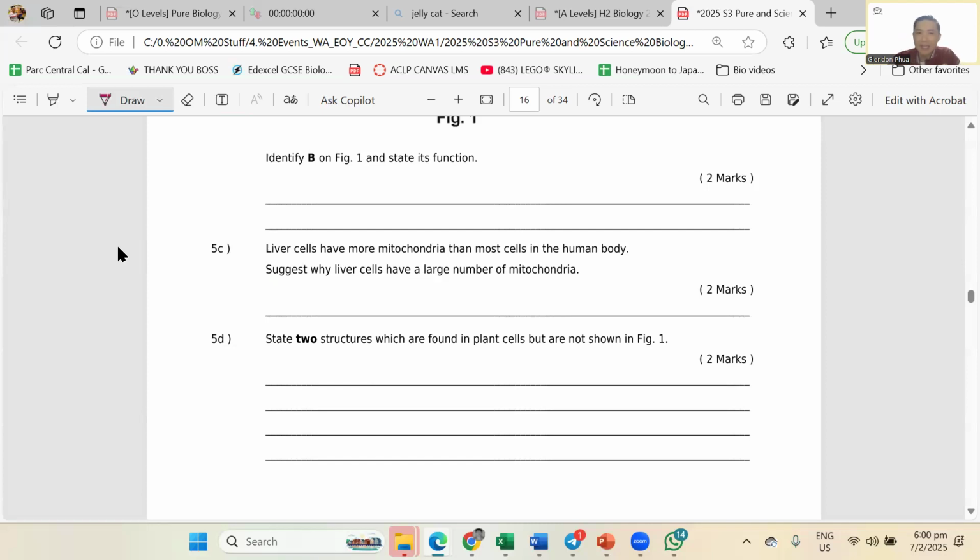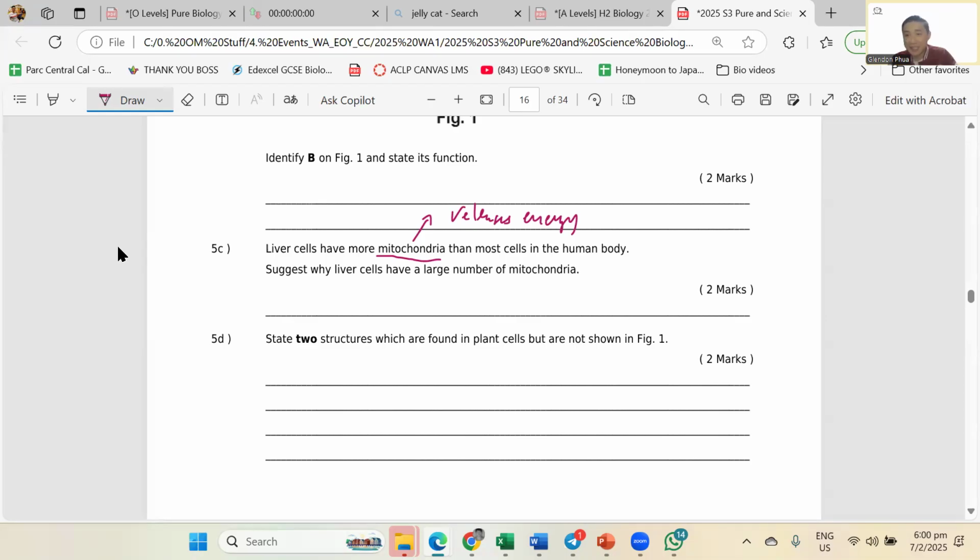So look at this, analyze. Mitochondria. What does mitochondria do? Oh, it releases energy. So I know if I have mitochondria, I can release energy. So if I have more liver cells, obviously I can release more energy. So the question here is, why do liver cells have a lot of it? You just have to think, what is one function of the liver? If you remember from digestion in Sec 2, the liver is involved in what? Oh, producing bile. So you can write there, liver has to produce bile, that takes up energy, and therefore it needs a lot of mitochondria.